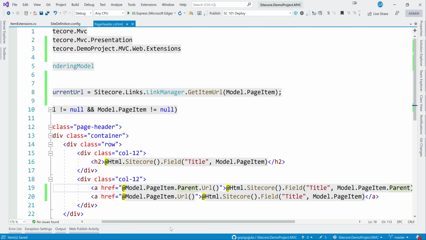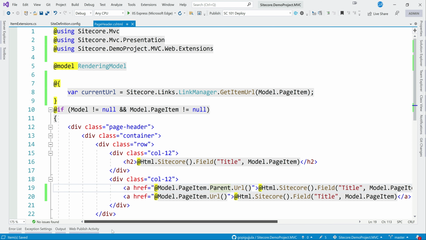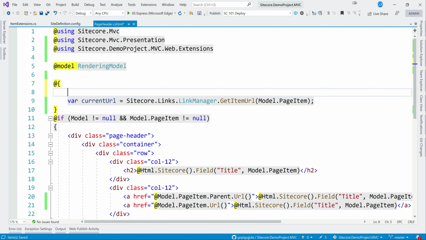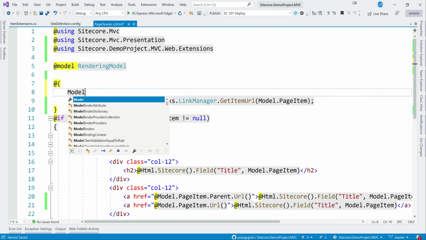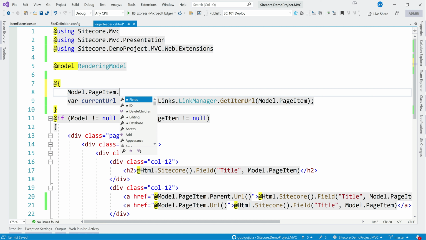Anytime, if we have an item, we can traverse the tree. Item dot model dot page item dot parent we can go, and dot children we can go. So like kind of a parent to parent recursive, we will get all the ancestors. Then in a similar way with children, we can have a recursion, then we can get all the descendants or anything.